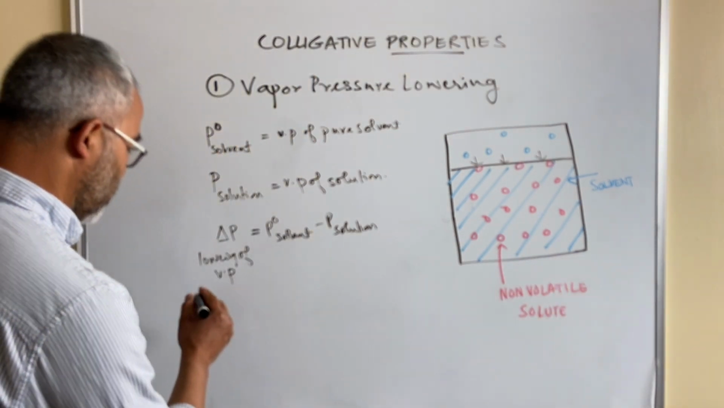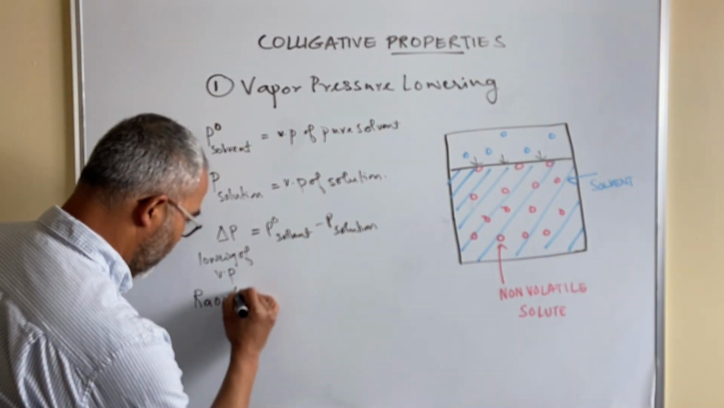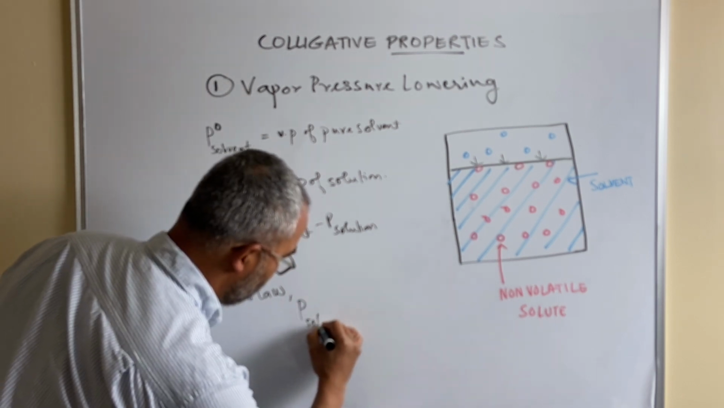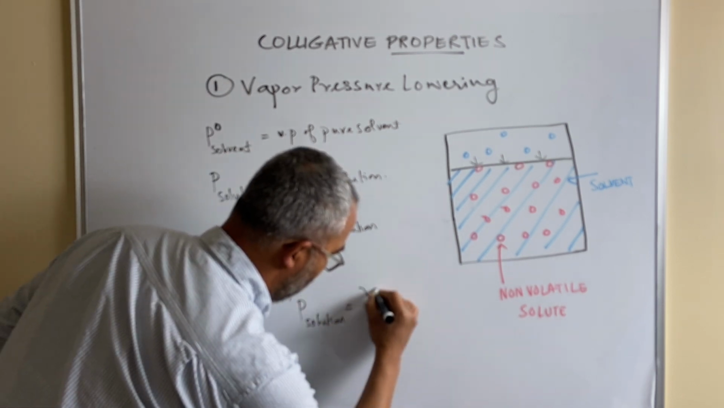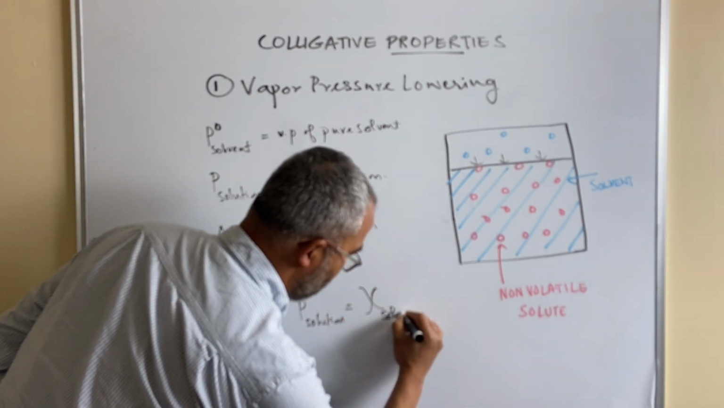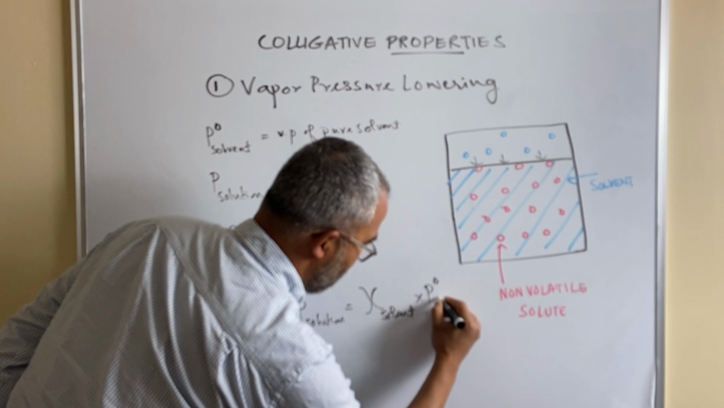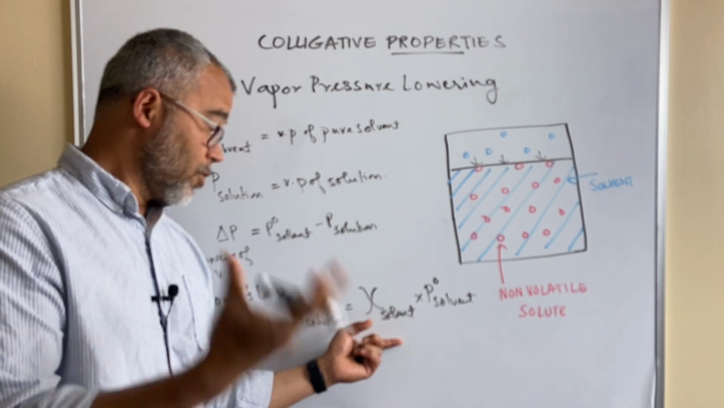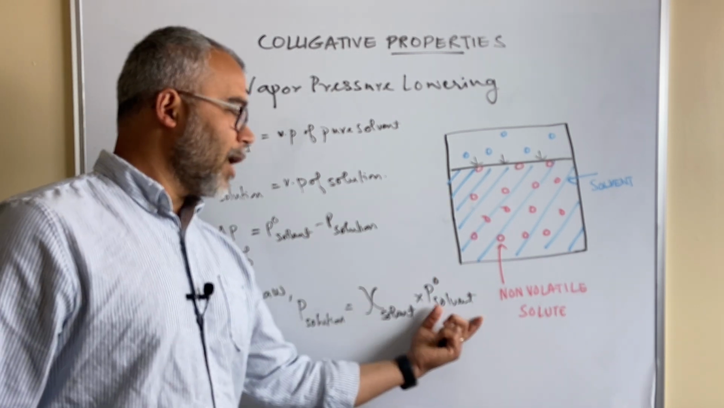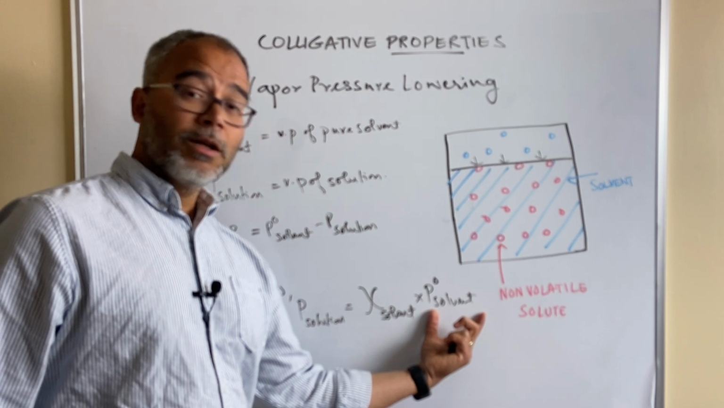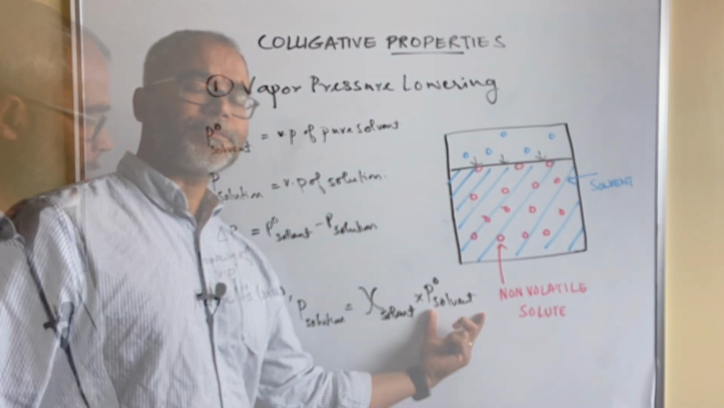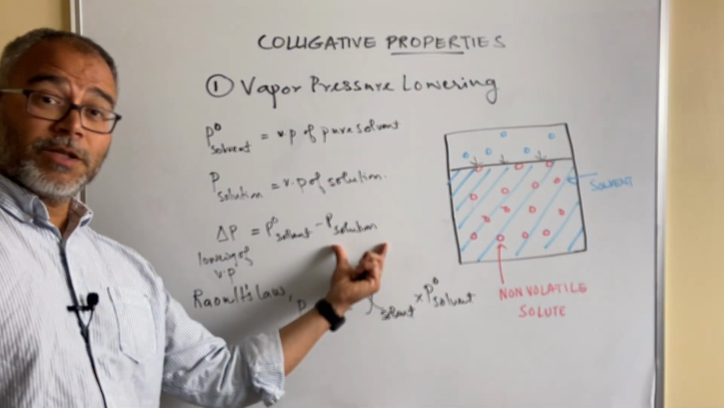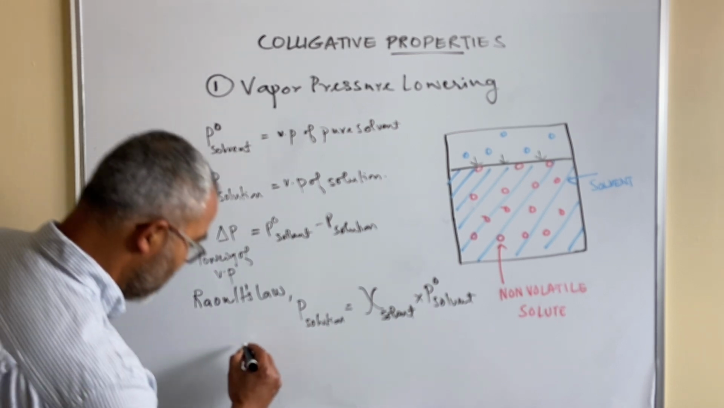Okay. So according to Raoult's law, P of solution is equal to mole fraction of the solvent times P naught of the solvent. Mole fraction of the solvent means how much solvent is there proportionally, as a fraction of the entire mixture. So now if I take this and I replace this term in this expression with this, then I get delta